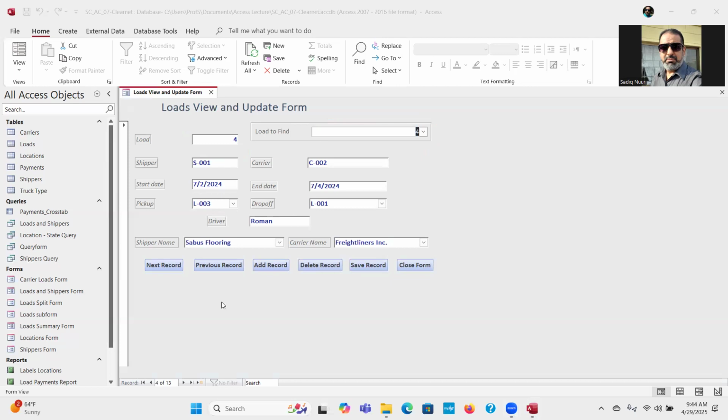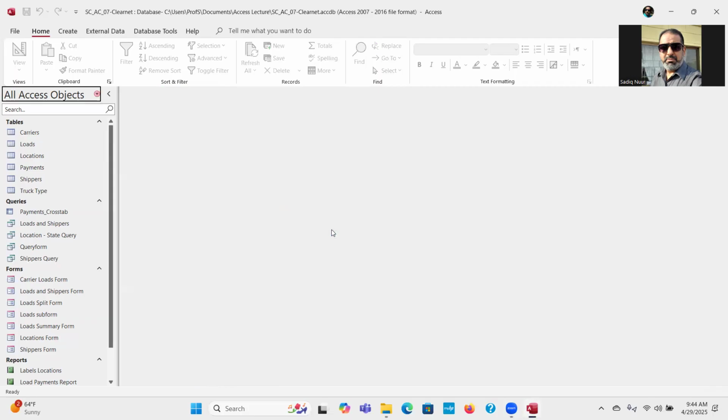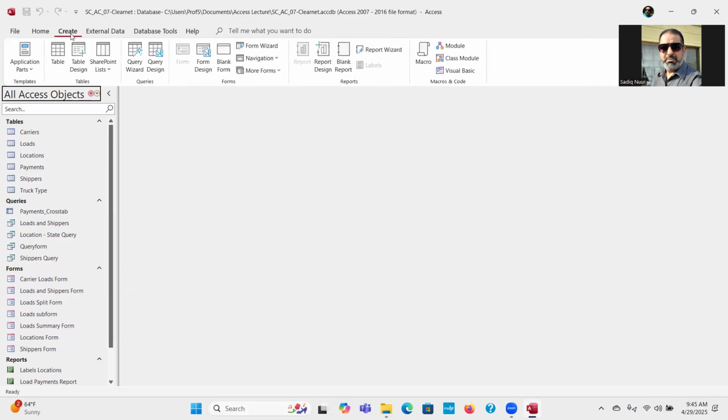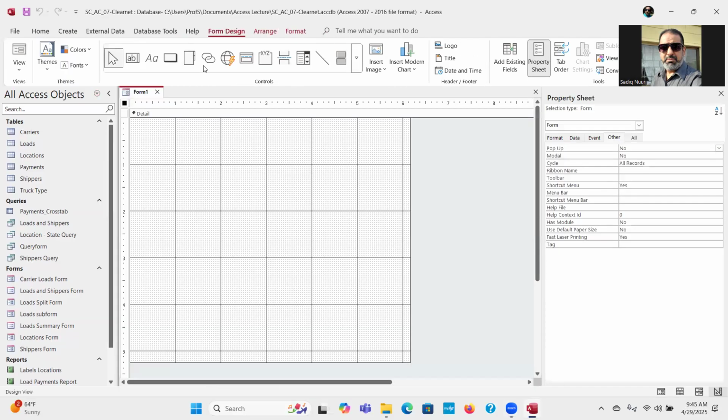So what we need next is that we need to close this form, save the changes. Now, to create a form in a design view first, go to Create, and then we need the Form Design. All right. Then once you are in the form design, we need to ensure that the form selector, click on the form selector,